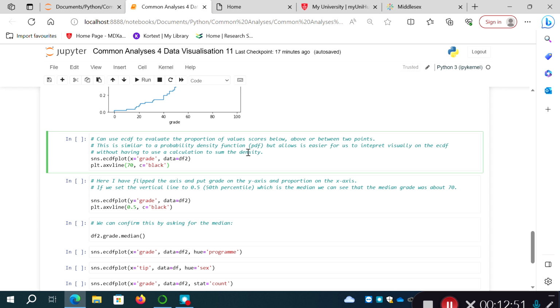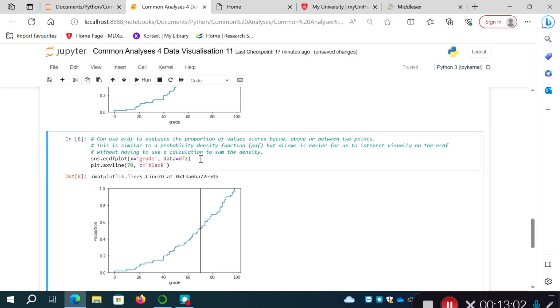So what I'm going to do here is add an extra line to this plot. I'm going to create the plot above again, where we've just got grade on the x-axis, but I'm going to put a vertical line at grade 70. So if I run that, I've created this black vertical line here at grade 70, and what we can do is read off from it, and we're seeing probably about 0.5 or 50% of